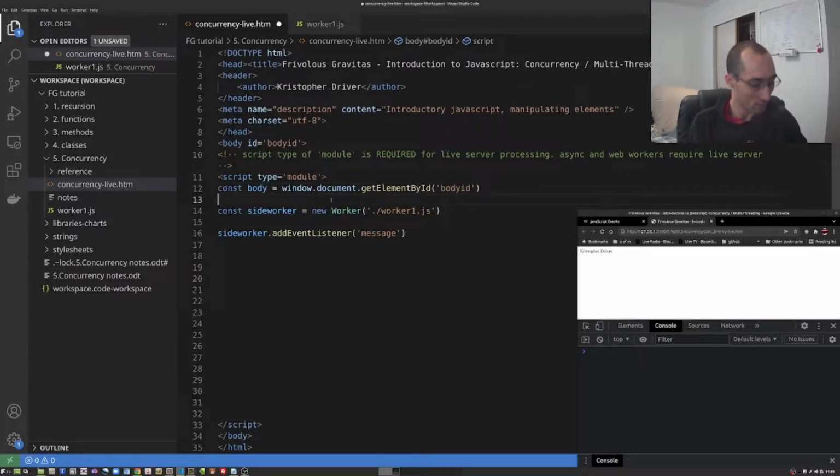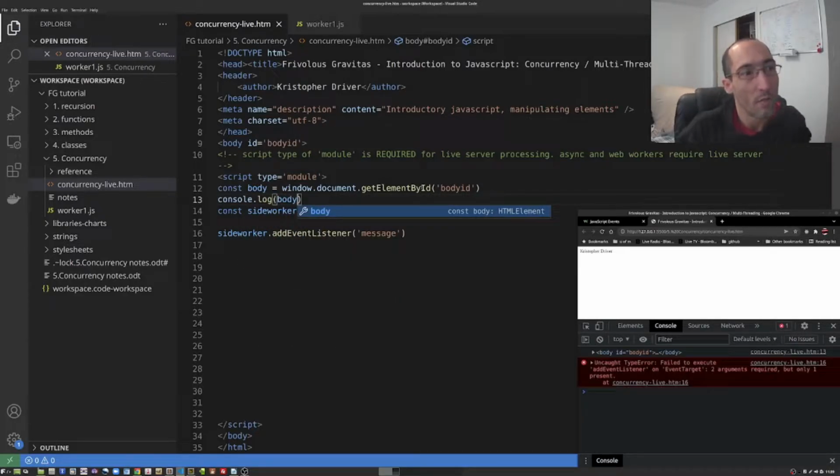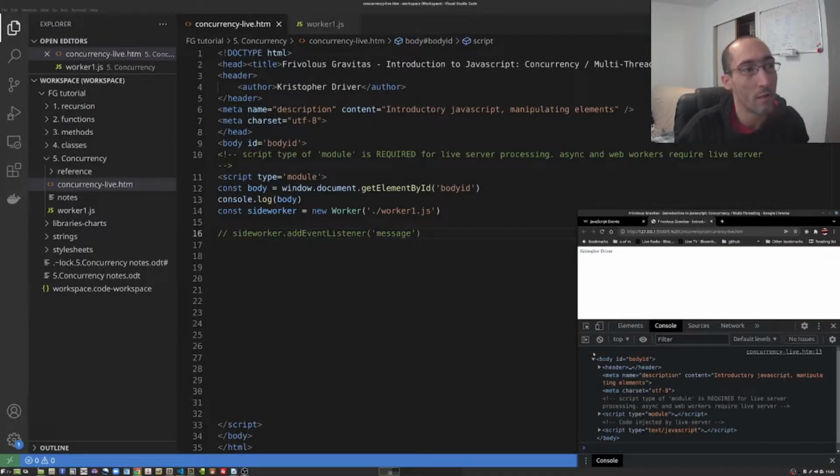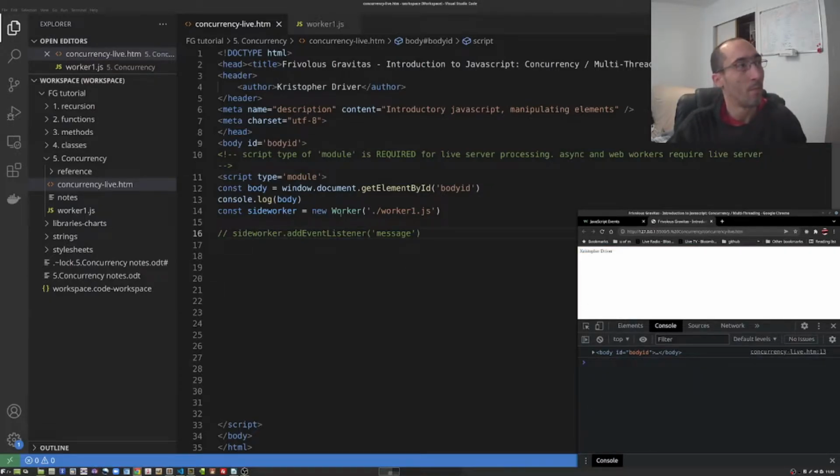actually let's just do a console log and make sure that everything's running before we get too far, because of a common pitfall. Oh, right. I didn't finish writing my event listener, so it threw an error. So you'll see when I do a console log, it gives me my body tag, and it gives me all the child elements inside of my body tag, which is exactly what I want. So that's up and running. I've created my new worker,